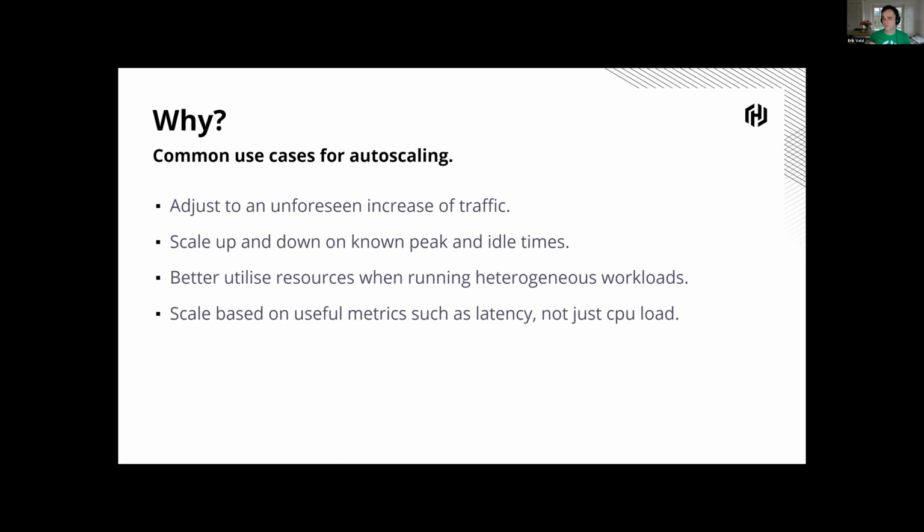Another reason could be where we're running different types of workloads in the same environment. Say, for instance, you're running some background batch jobs, some machine learning jobs, some big data jobs, and then our core applications. Well, during peak hours when users are visiting our websites, we might want to focus all those resources on the core applications. And then we might still want to run some of the big data workloads, only we want to reserve just a fragment of our resources for those jobs.